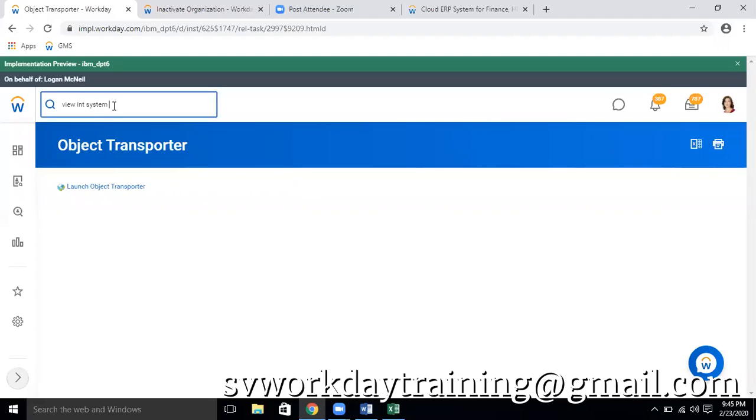Now I want to create the same thing in production. If I say to you, please create the same thing in production, obviously you'll go mad, because you have to create all the calculated fields there. To avoid this scenario, Workday says, I'll give you solution migrator or object transporter as a concept, wherein by using these two you can migrate your solution or your configuration. So solution migrator or object transporter are used for migrating your configuration from one tenant to another tenant,